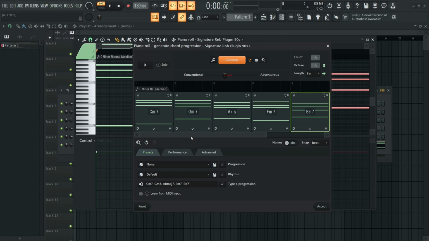And so next thing we're going to do is go into Logic, and we're going to use this with the new session players, and we're going to use this with the chord track. Okay, and then I believe there's a chord generator in Reason as well, and even if you don't have an automatic chord progression generator,